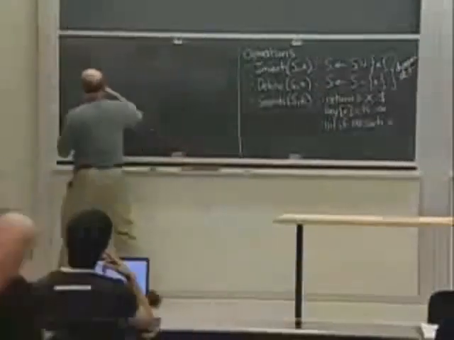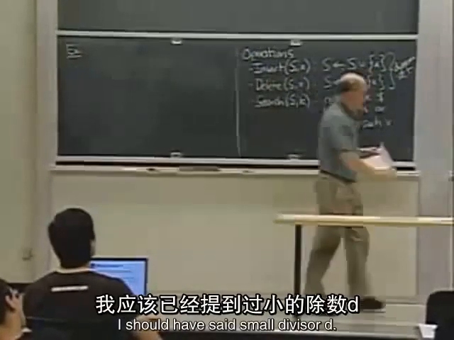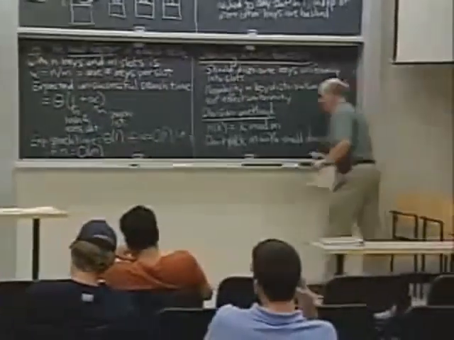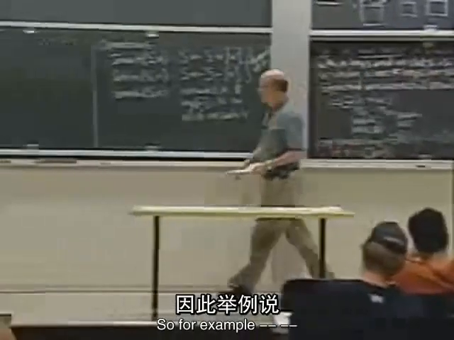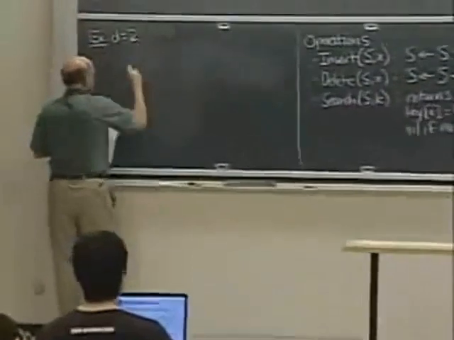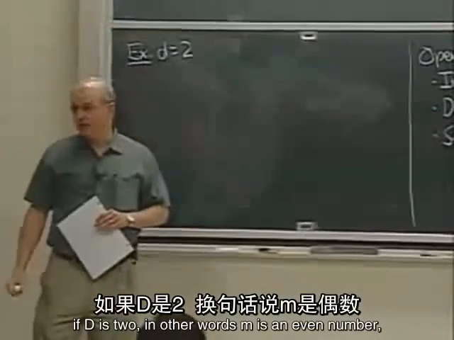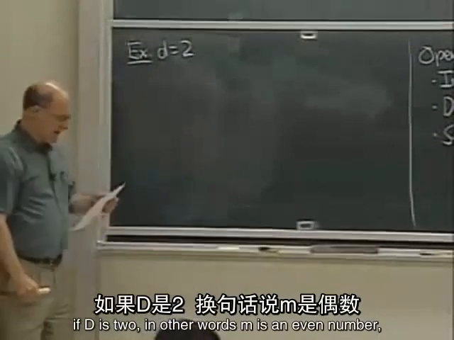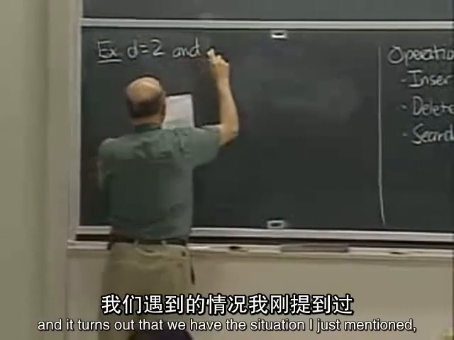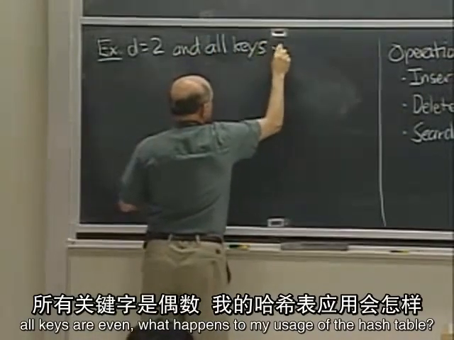Oh, I should have said small divisor d. So, for example, if d is 2, in other words, m is an even number, and it turns out that we have the situation I just mentioned, all keys are even,